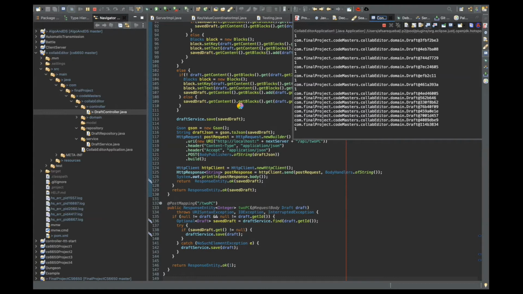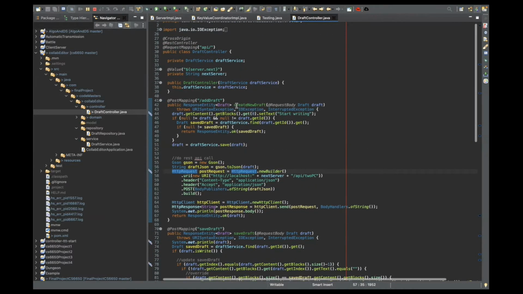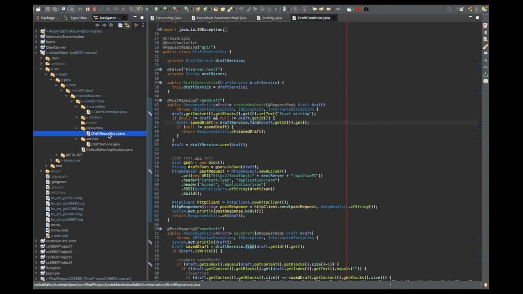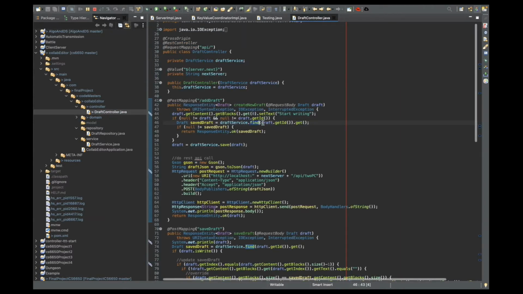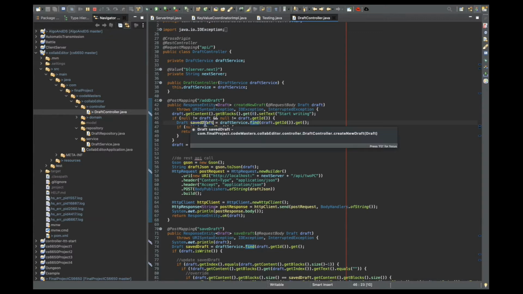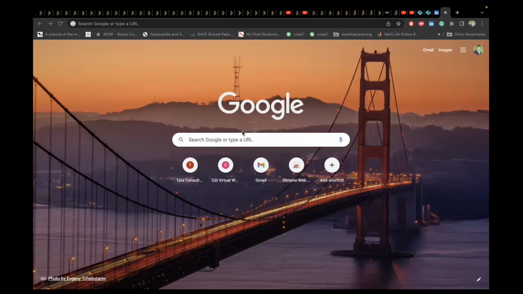This REST API call is this method, add draft. As you can see in this add draft method, we are just checking: is this ID already present in the database? For example, I'm doing one call to the database using this find method. You'll see that find is an already defined method of this Mongo repository. When I find and see this is already present, then I don't need to do anything. I just return it, because if you see here,